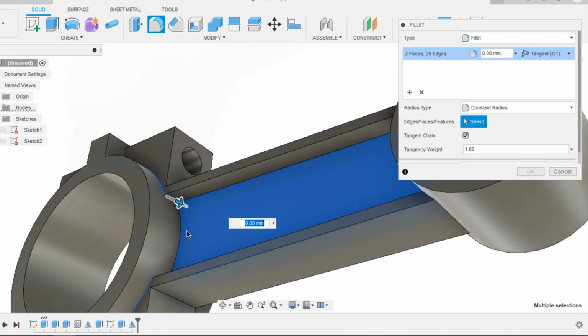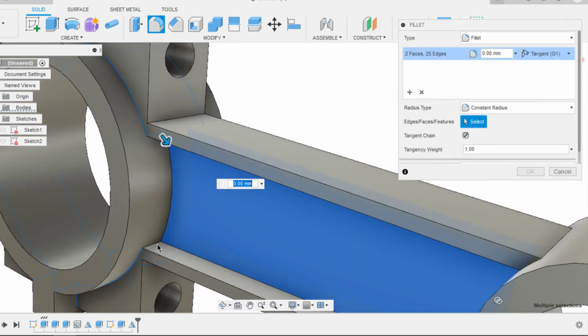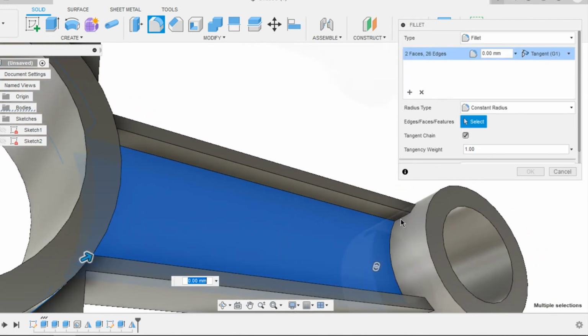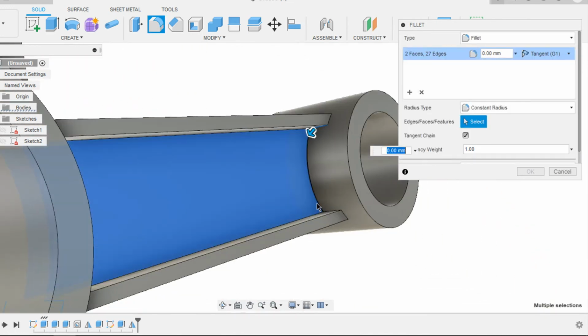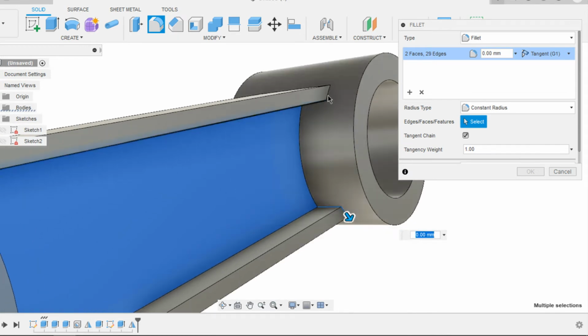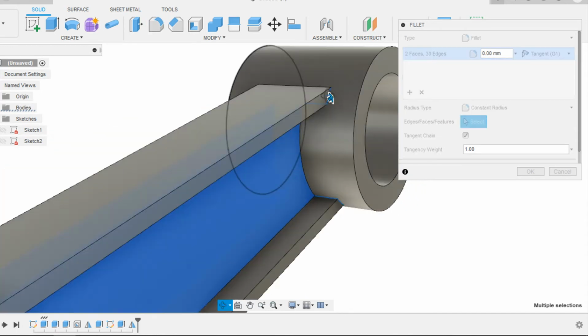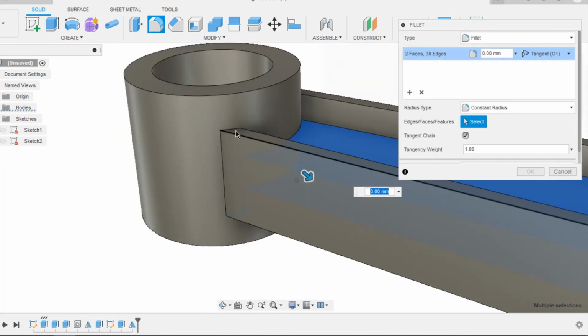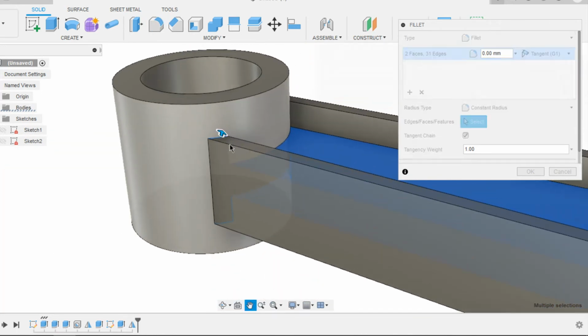Grab this one also. I'm gonna grab this edge and then this. And this and this, and grab the edges on the other side also.